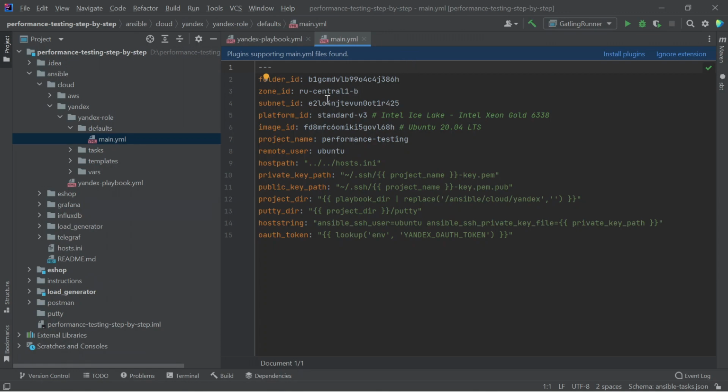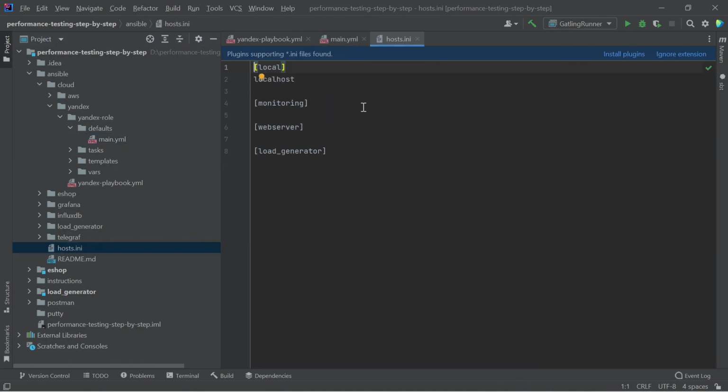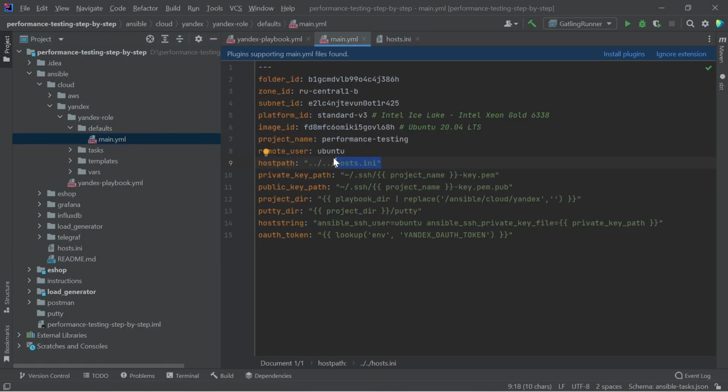Nevertheless, it is necessary to comment in more detail on the following. After the virtual machines are created, their IP addresses will be written in the host.ini file, which is contained here. IP addresses will be set according to the role of the machines. Next, a private and a public key will be created.